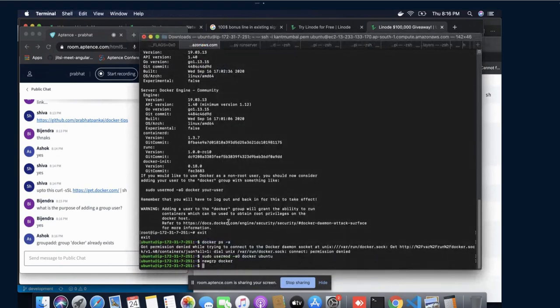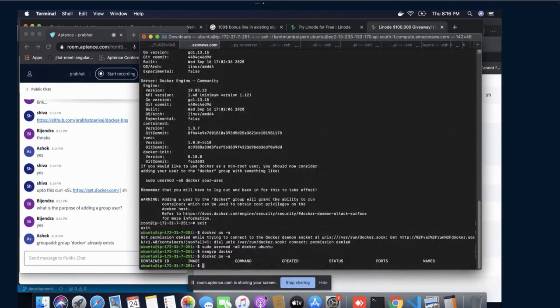Now if I write like this one, I didn't get any error. Just by providing these two commands, this error is gone. So that's the reason we need to perform this step. Now is that clear, guys?